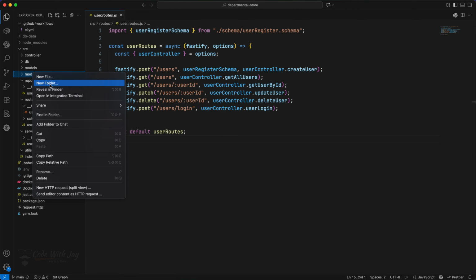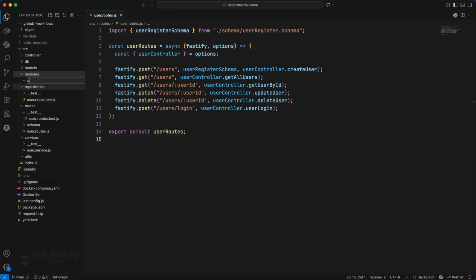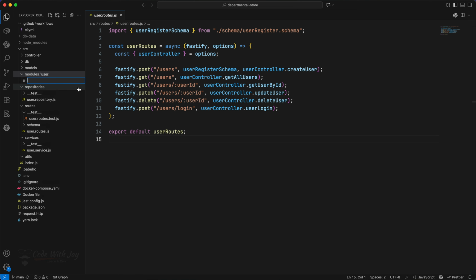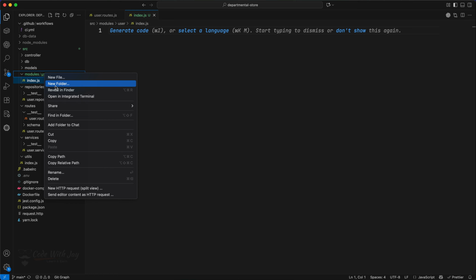So let's try to create one directory. The first directory will be users, let's say, right? We can say user, or maybe UserService also. That's perfectly fine, but let's keep it in singular, user. That's fine. So now we're going to create one file here inside this user, index.js, right? Then let's create a couple more directories inside the user directory. The first one is going to be our domain,